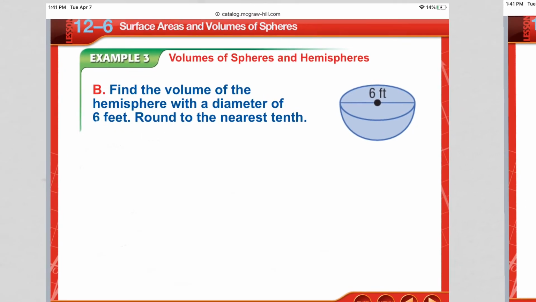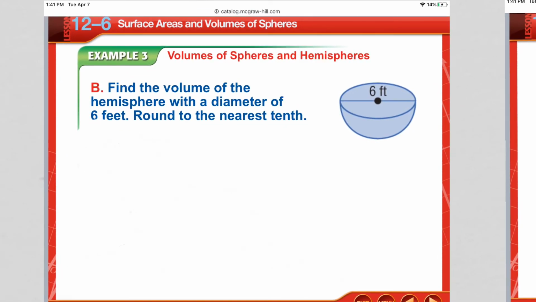So our next example here is we have a hemisphere. So hemisphere, remember, is half of a sphere. So again, it's still 4/3 pi r cubed. So 4/3 times pi. Our radius in this case is 3, because if you notice